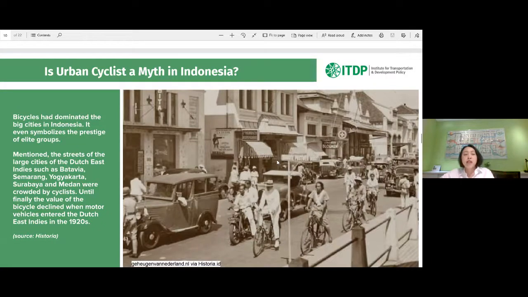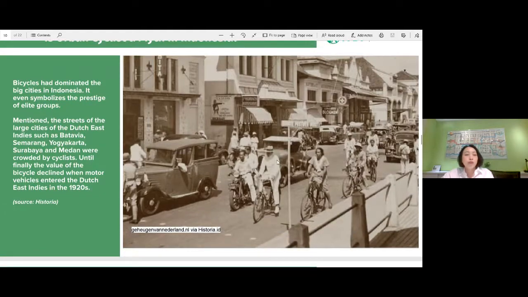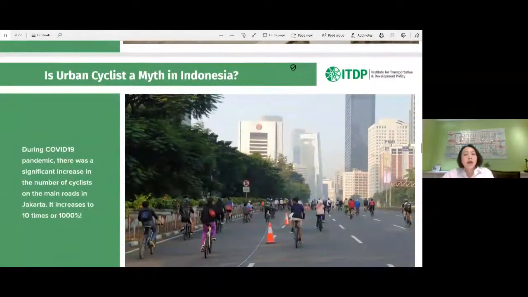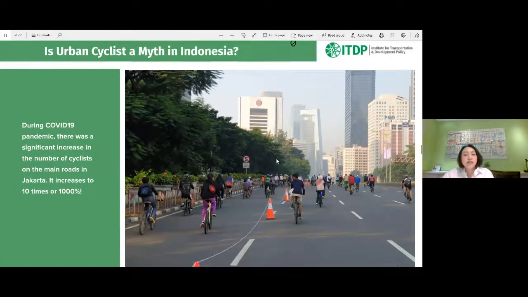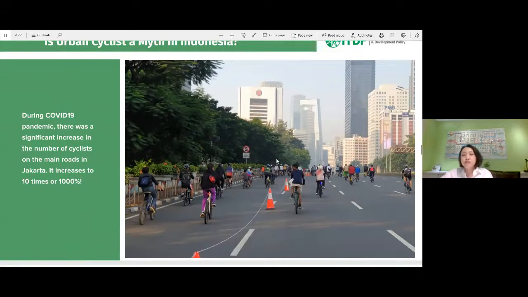But then the value of the bicycle declined when motor vehicles entered the Dutch East Indies, the Indonesia that we know right now.